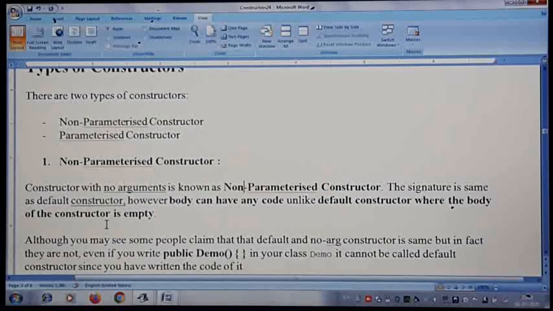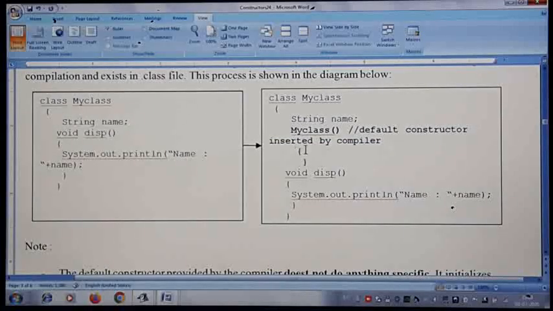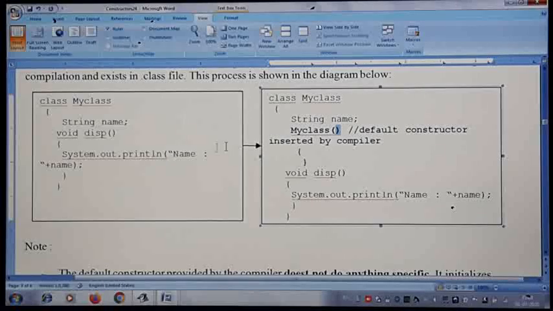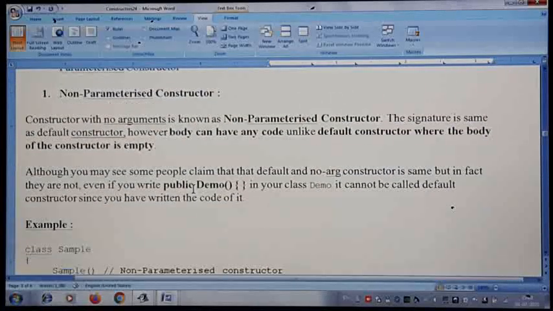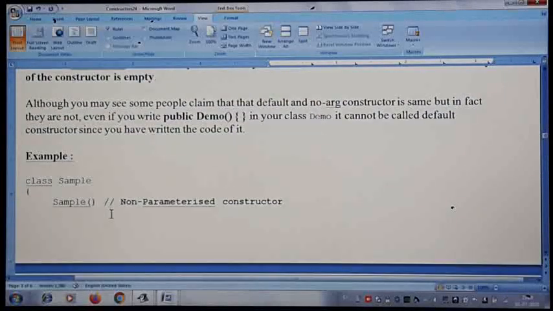In a default constructor, we are not writing anything here. When the compiler writes a constructor for your program, there are no arguments and nothing inside, the code is empty. As I told you, it does not do anything in specific. But when you are writing a non-parameterized constructor, you may fill it with your own data.